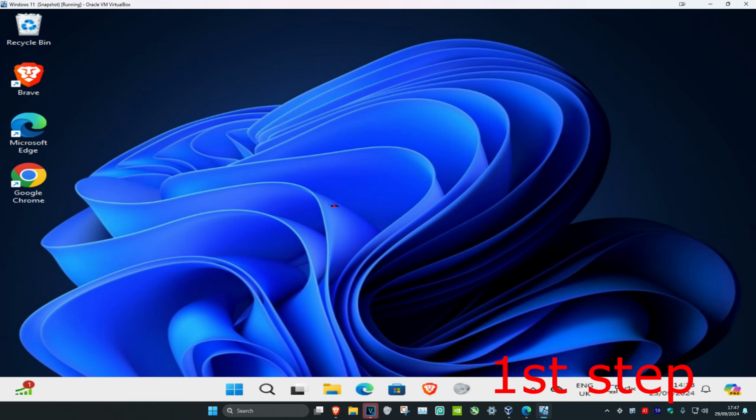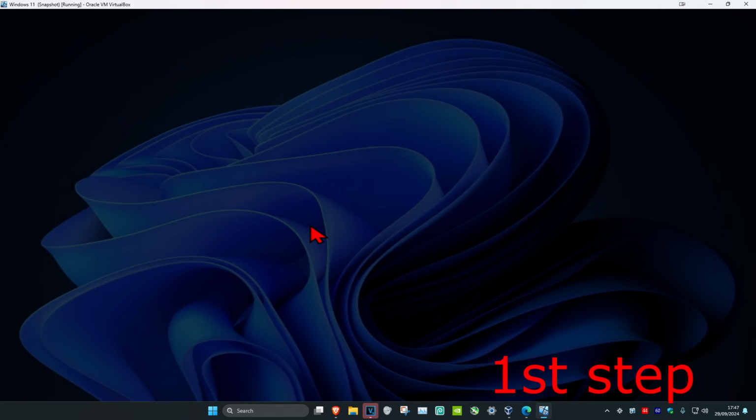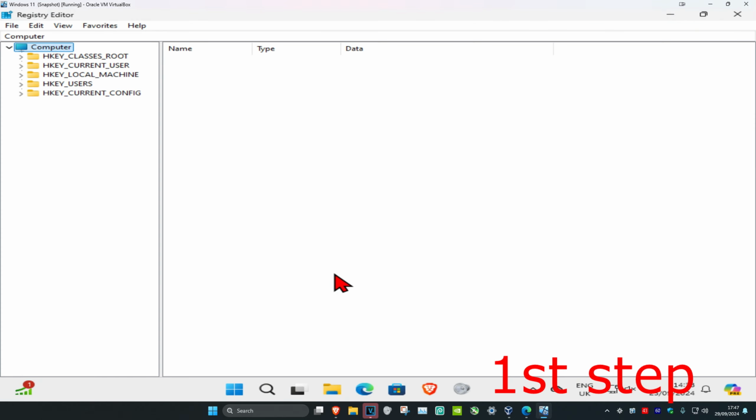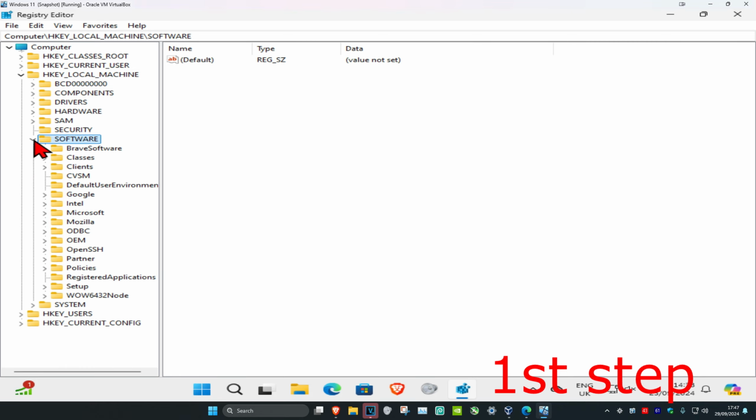So guys, for the first step, you want to head over to search and type in registry editor. Click on it, and then click on yes. And then once you're on this, you can follow everything I'll be doing up here. So first you want to expand HKEY_LOCAL_MACHINE, and then you want to expand software, and then you want